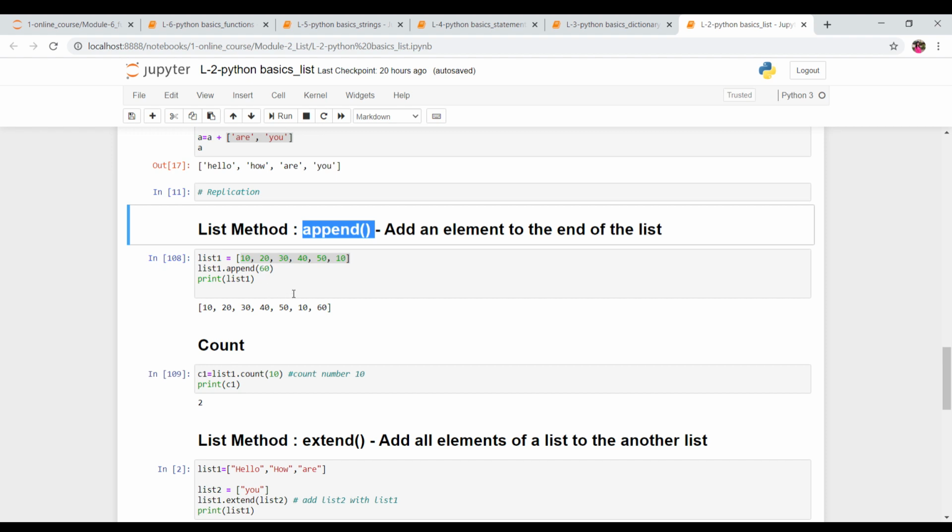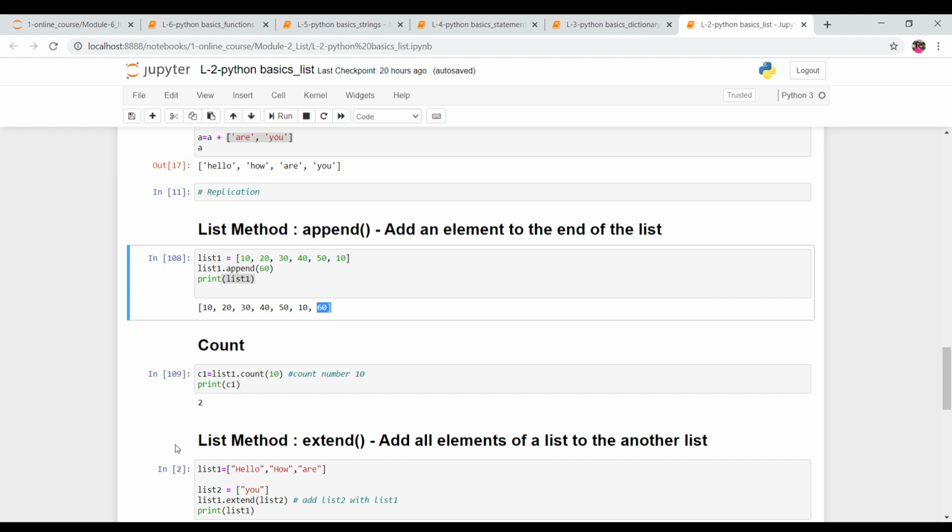Append will add the new element at the end of this list. How to use it? Just write the list name, list 1 is the list name, dot append is a method, and in parenthesis just write what element you want to add. So I want to add 60 in this current list. When you print the list after that, you will get that 60 over here. So this is how you can use append. Append will always add the element at the end.